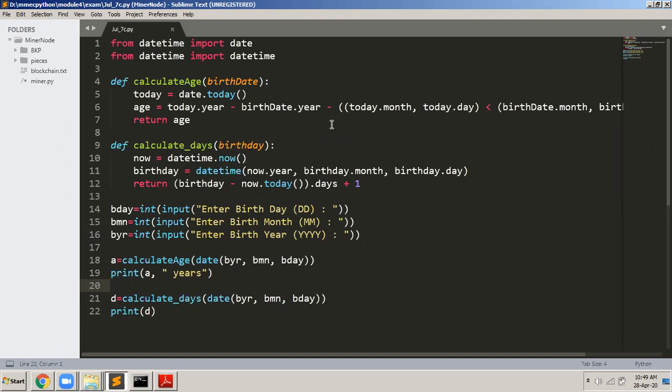I will keep all these programs and share them with you once the entire syllabus is over, so that you can go through them. And you never know, in the examination they may simply ask you to repeat. You may get the same question, asking you to write a program in Python to find your age based on your date of birth. If you're already prepared with this, you can directly write the program without worrying.